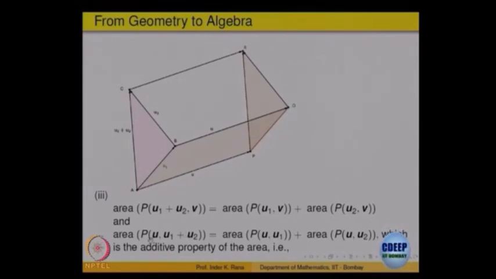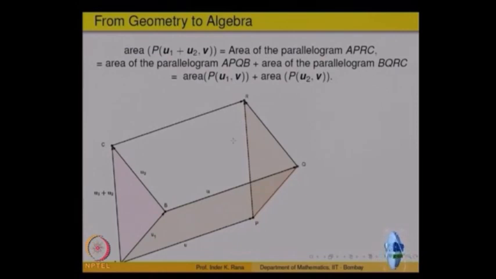Similarly, in the other variable you can have addition of vectors in the second variable, and the same property holds. In a sense, the scalar lambda comes out, and the parallelogram spanned by the sum is equal to the sum of the corresponding areas. It is a kind of linearity property, so one says the area spanned by two vectors u and v is linear in each variable, u and v.